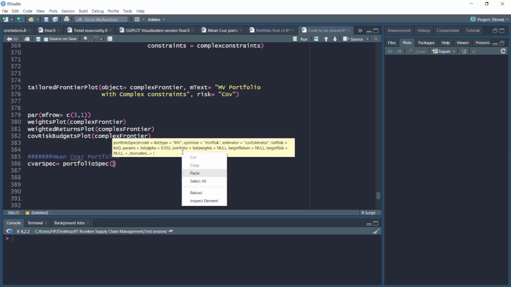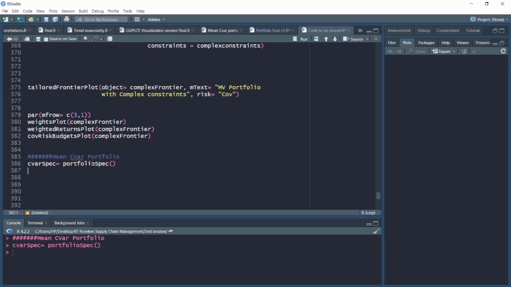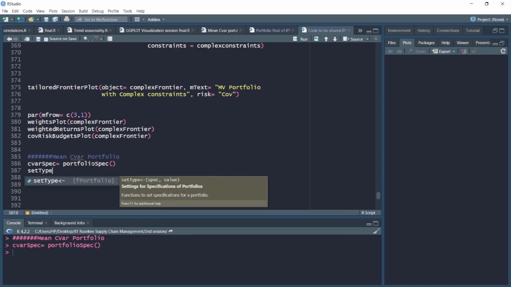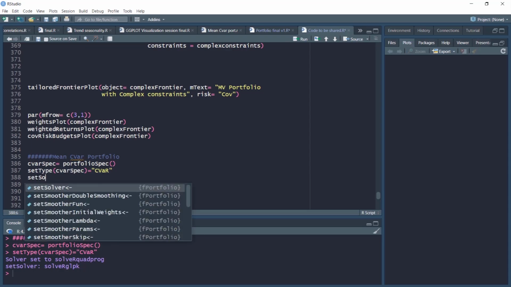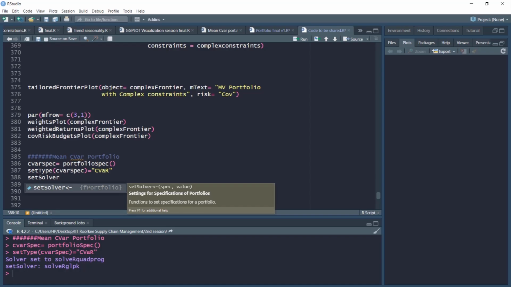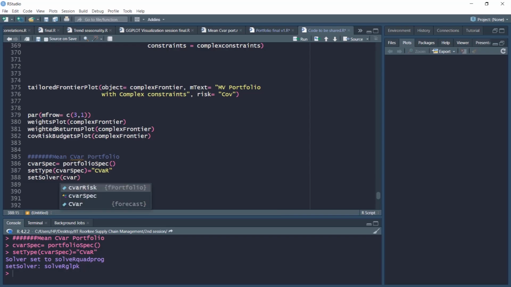function. So this is our portfolio specification object. Now notice that while I'm setting the type of this CVAR spec, I'll use the appropriate CVAR risk so that this CVAR spec is created. Now notice that the solver RGLPK has been set, but we'll use a different variant of this. We'll call this set solver command, and we'll pass on the CVAR spec object and specify the solver as